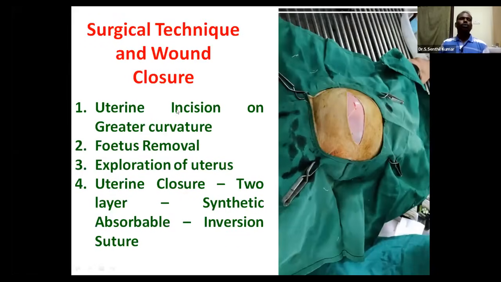avoiding incision over the underlying viscera. So the uterine incision should be on the greater curvature, the fetus should be removed, and thorough exploration of the uterus for the presence of any other fetus should be done. Before you close the uterus, it should be thoroughly explored for the presence of a fetus, and only then it has to be closed. And uterine closure can be achieved by two-layer closure using synthetic absorbable suture, preferably an inversion suture. And this varies from surgeon to surgeon. The selection of suture pattern varies